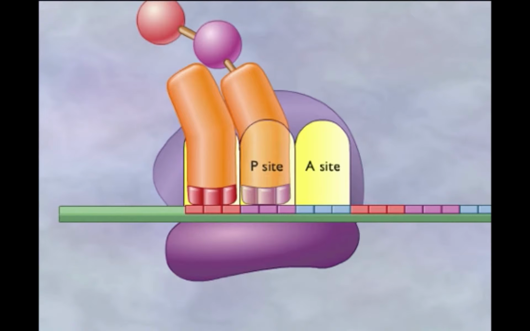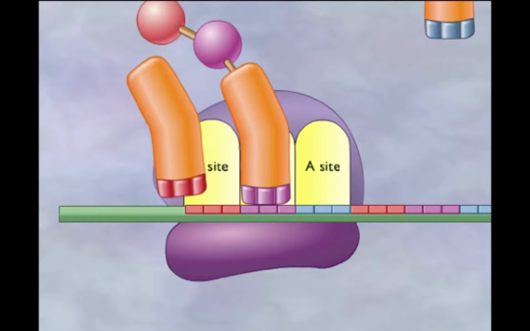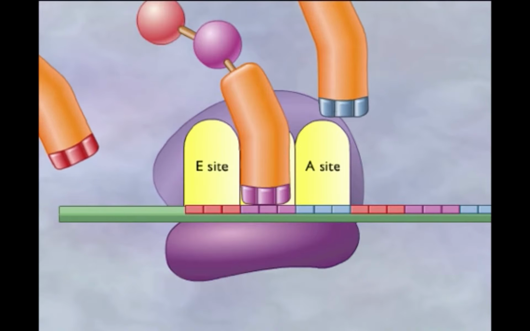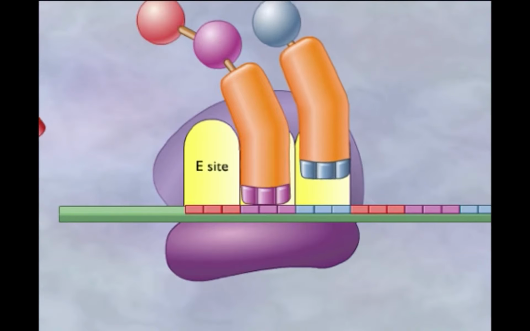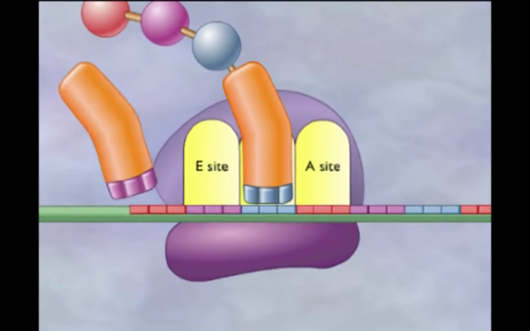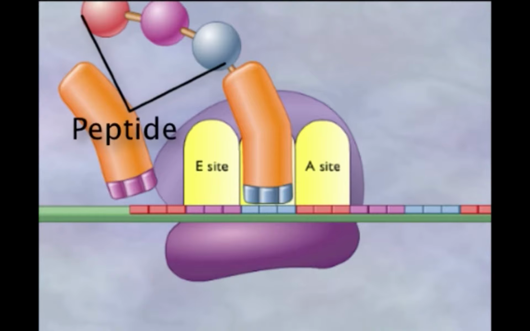Having given its amino acid to the dipeptide, the initiator transfer RNA will exit the ribosome and seek out another methionine in the cytosol. The next transfer RNA will settle into the A site. Once again, the enzyme transfers the amino acid at the P site to the transfer RNA at the A site. However, this time, both amino acids of the dipeptide transfer over, making the peptide an even longer chain of amino